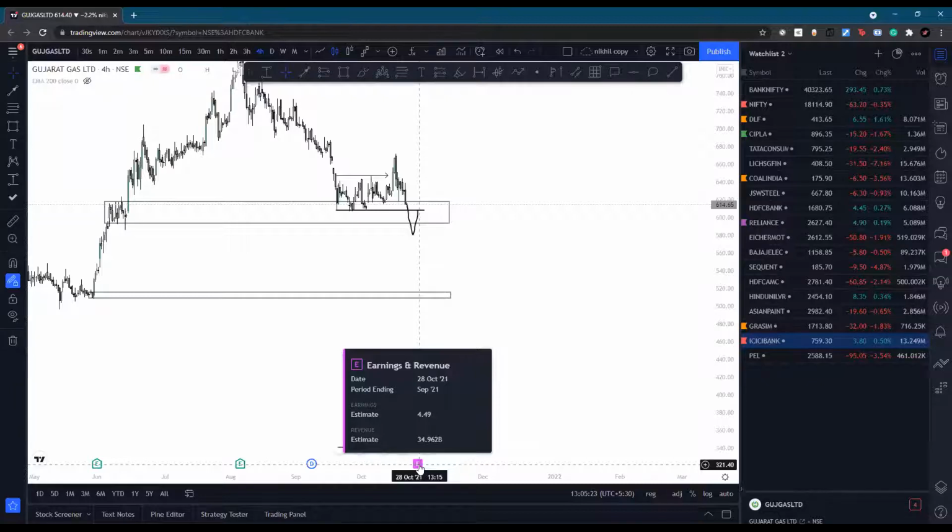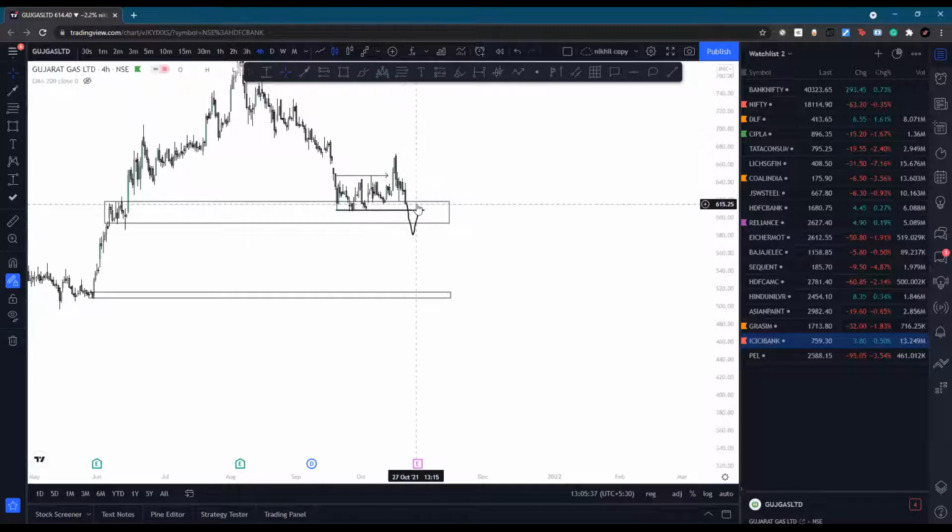So let's see what the estimated result is. Is it good or is it bad? And according to that, you can do one thing. You can buy a straddle here. Okay, you can buy a call of 600 something, and then also a put at the same strike price. Yeah, you can actually use this trick.